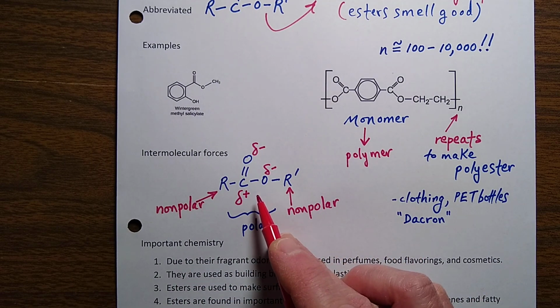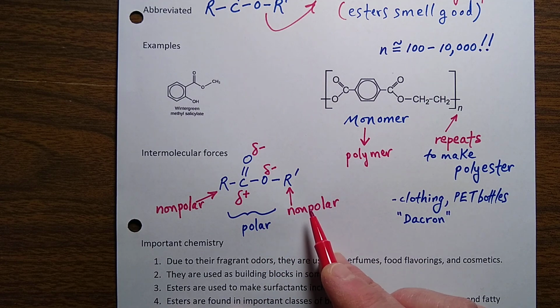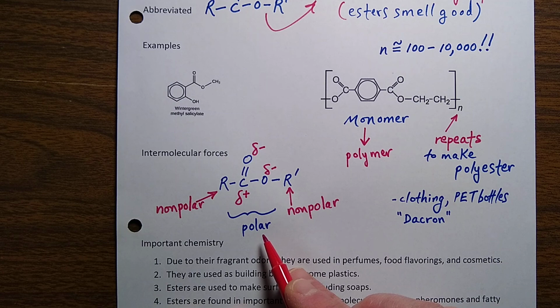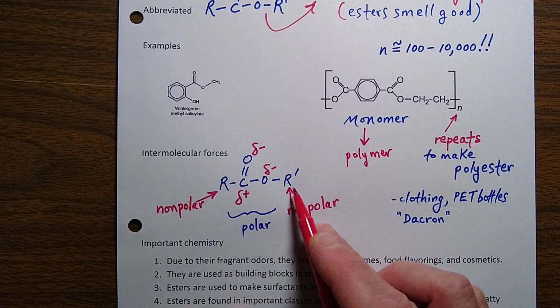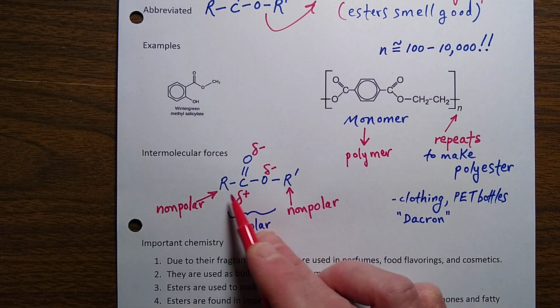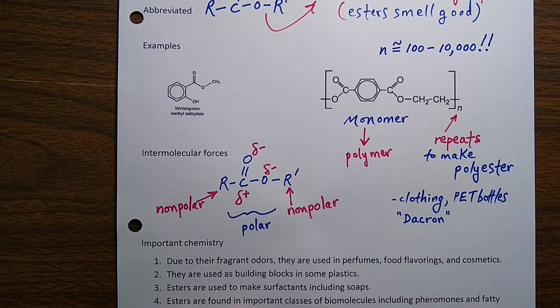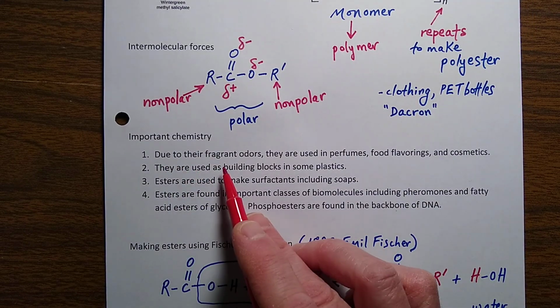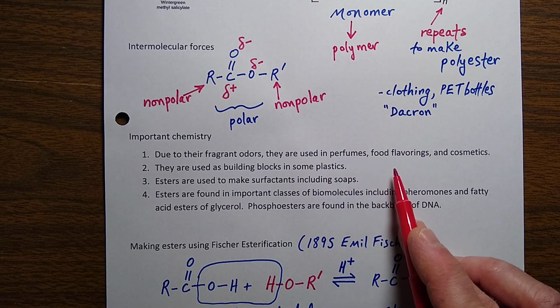Again, the polarity of an ester group is similar to a carboxylic acid. It's got this polar carbonyl. It's got the nonpolar carbon chains. So there's sort of a competition. Esters are made up of a nonpolar part and a polar part, just like carboxylic acids are. Some of the important things about esters is due to their fragrant odors, they're used in perfumes, food flavoring,